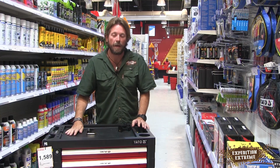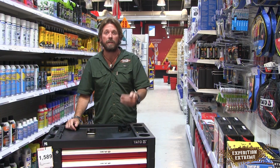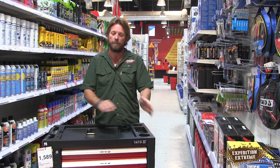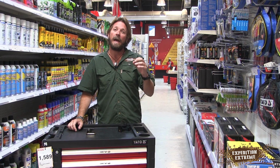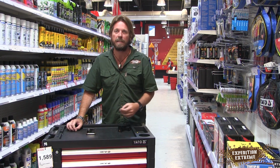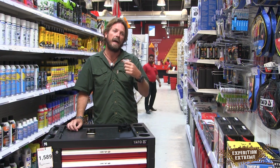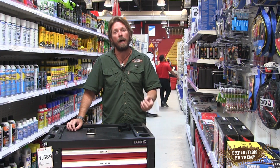What an awesome tip that was. I tell you, I'm busy rebuilding the truck right now. We've been spending almost 2 weeks on a complete rebuild, and I wish I had picked up that tip myself. I would have probably saved myself a whole lot of money and a whole lot of effort